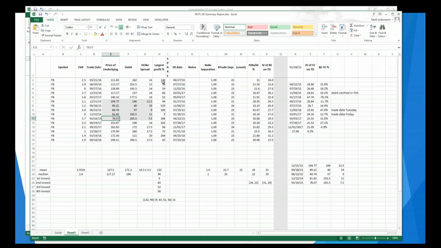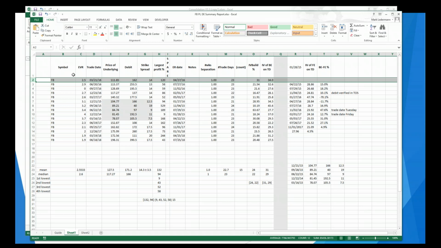Things like that are all things that help us analyze whether or not to take a trade. What was the profit available? And of course, the actual earnings date that was in play on any specific trade date, which again was over here in column D. Then these are the mean and median results, simple formulas that all of this is automatically uploaded through our programs